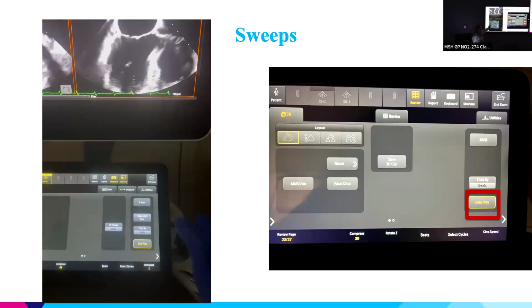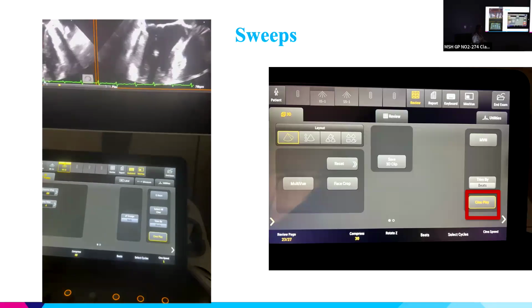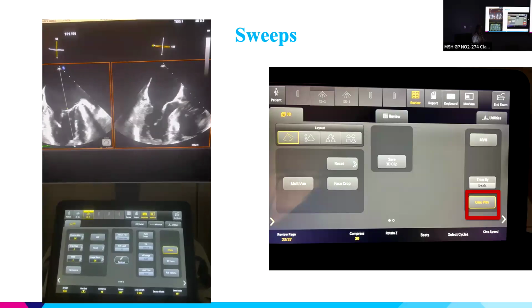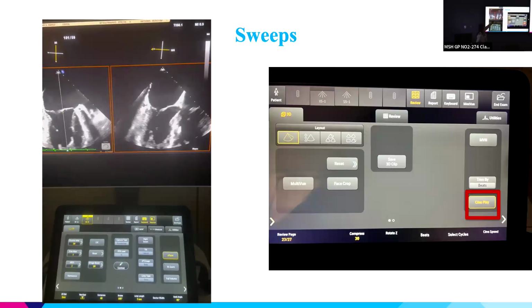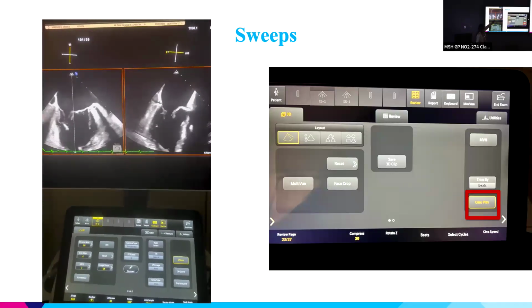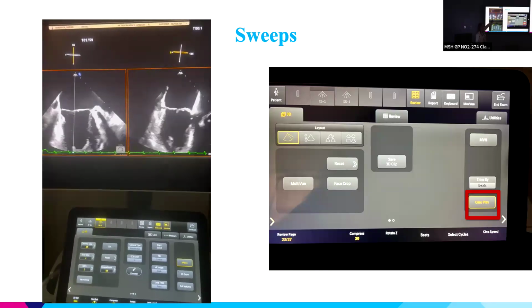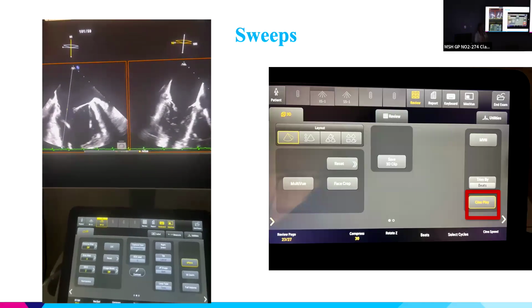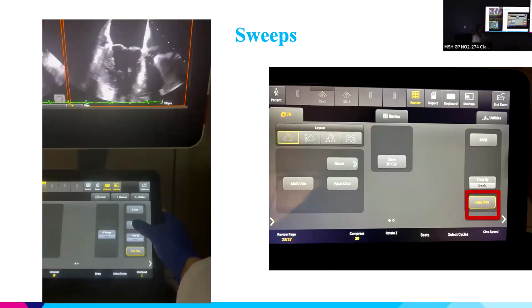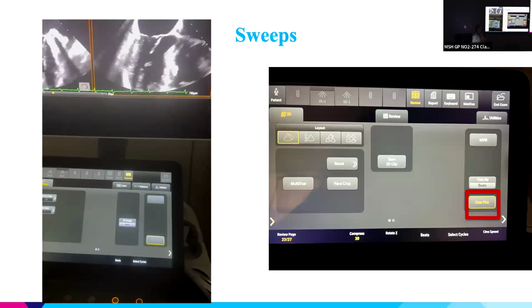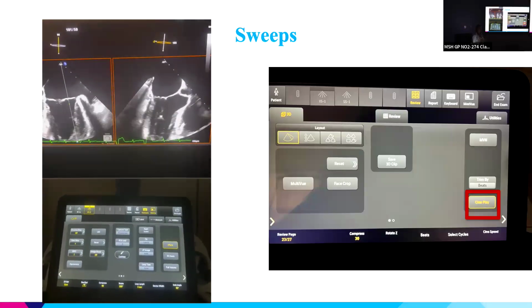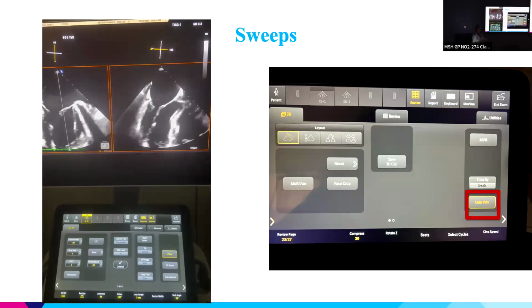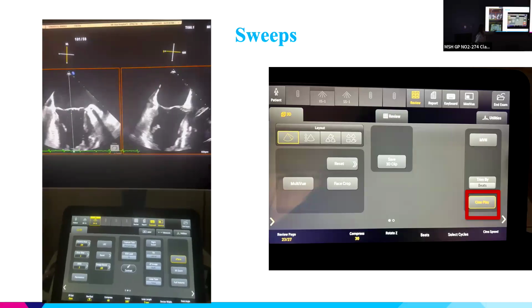The first way is to do this exact thing, but when you freeze and unfreeze, to be able to move your X-plane cursor, you have to select cursor from the bottom menu from here. The tilt is automatically selected when there's no color, but when there's color selected and then tilt, you actually have to hit the left kidney beam to select tilt and then move it over. So you freeze, unfreeze, left kidney beam to select your X-plane cursor and then scroll through, freeze, and then